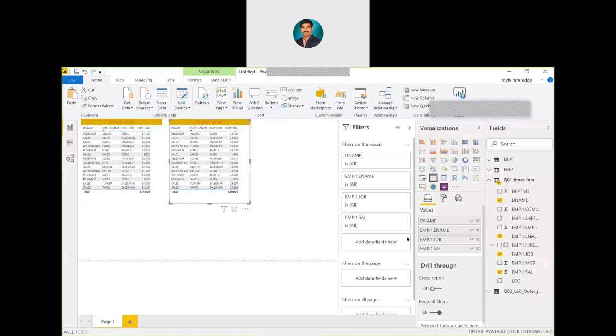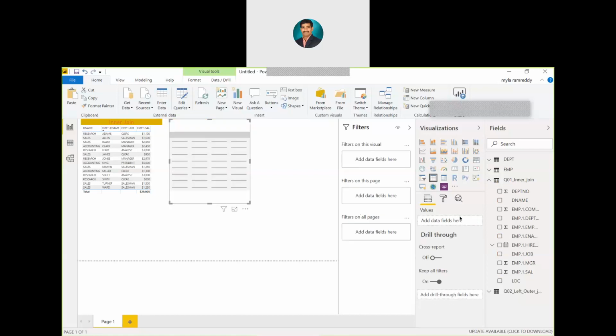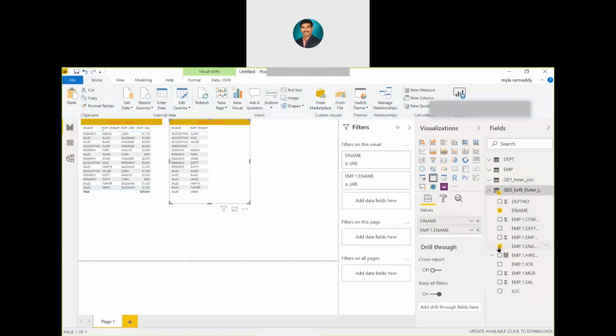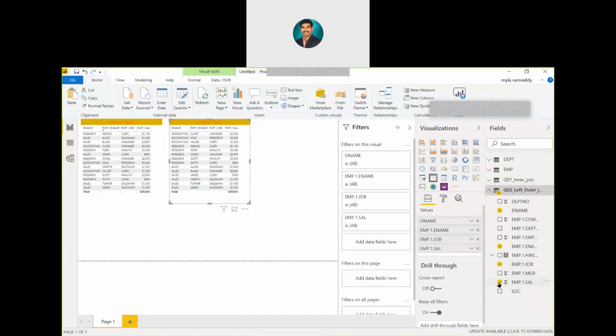These columns, whatever are available, I don't want. I am removing dname, ename, job, salary because these columns are taken from the inner join. I want to take these from the left outer join. So let me take dname, then ename, then job, then salary. If you notice clearly,